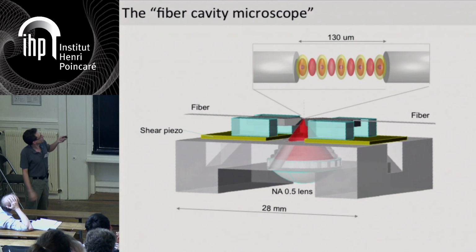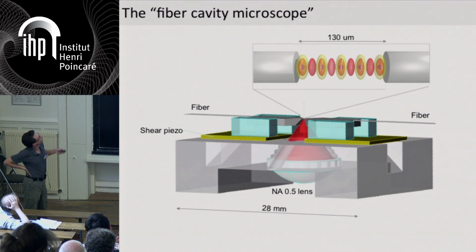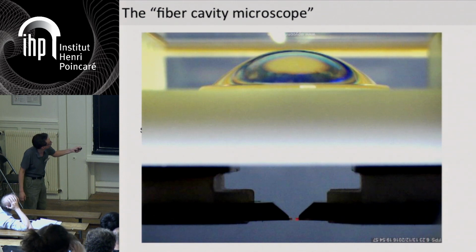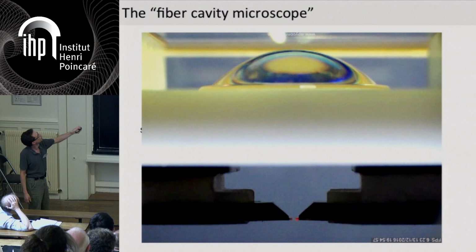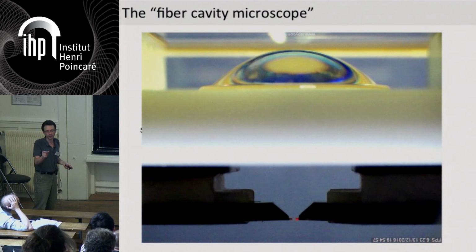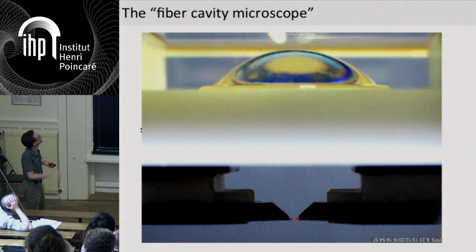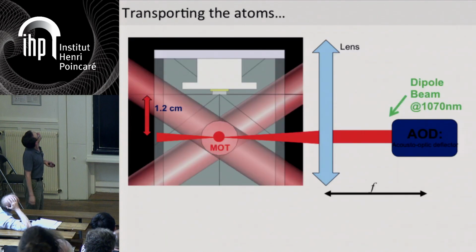The system is currently being built. So this is what the cavity looks like now. Here the 2 fiber tips are here, the cavity is here. And on top of that is this huge aspheric lens. Well, huge, it's 1 centimeter width, but it has a very high numerical aperture to collect light from the atoms here and to be able to perform single-site imaging and addressing of the atoms along the axis of this cavity.